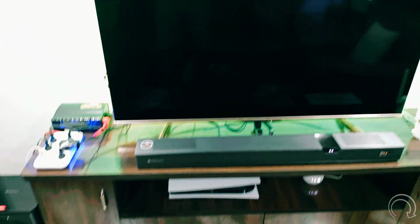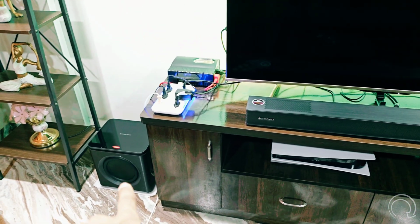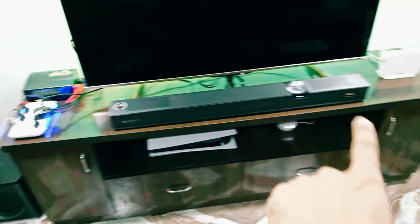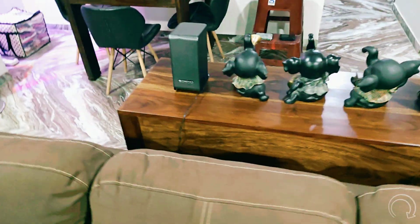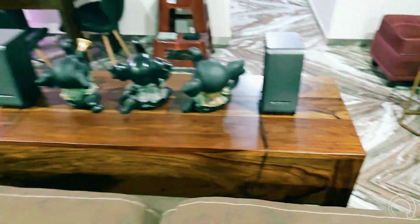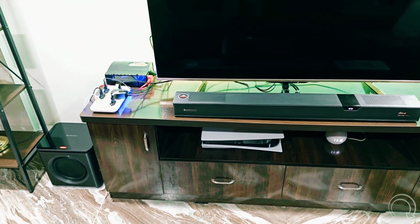And guys, this is how the entire setup is. This is my television, there is the soundbar, and on the left side on the floor I've kept the subwoofer. This is the best position. Either you can keep it on left or you can keep it on right. And the satellite speakers are behind my couch where I sit. One is over here and one is over here, the left and the right channel. So this is the way you should keep the soundbar and the subwoofer to enjoy the best reproduction of sound